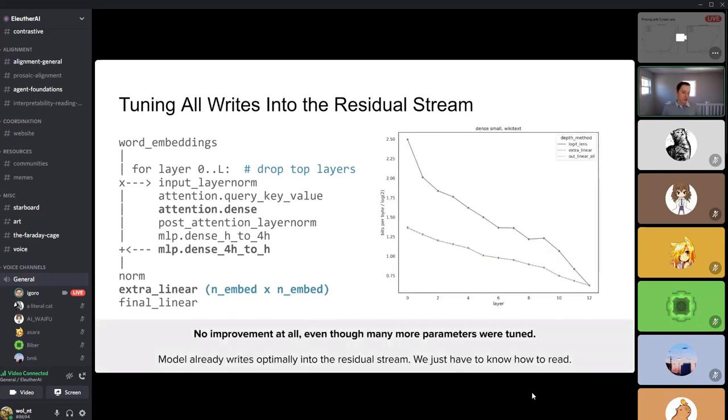And the thing that was super interesting, and I would say unexpected in a lot of ways, is actually tuning these parameters does not get you any benefit at all. So the way I'm interpreting that is the model already writes optimally into the residual stream. So all the matrices like the attention dense and MLP dense 4H to H, those are already optimally tuned. And as long as you know how to read from the residual stream, there's no extra benefit from tuning those